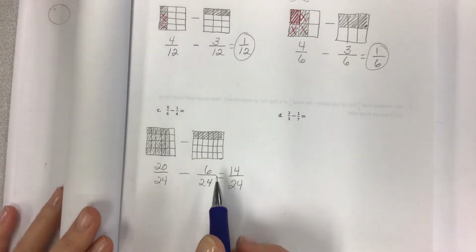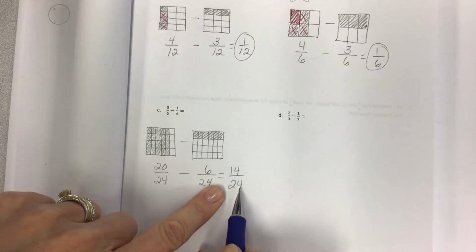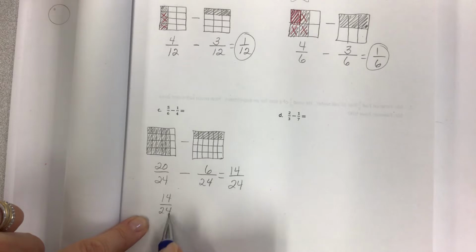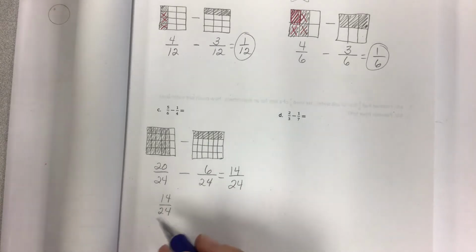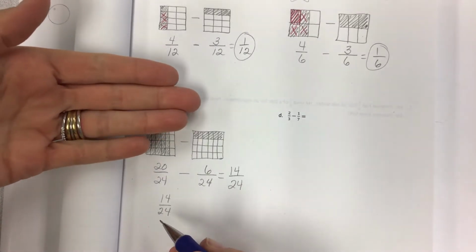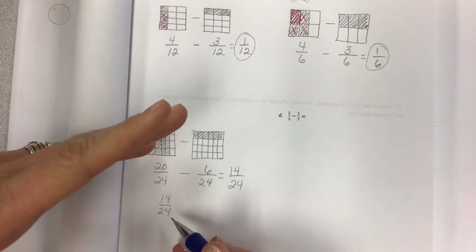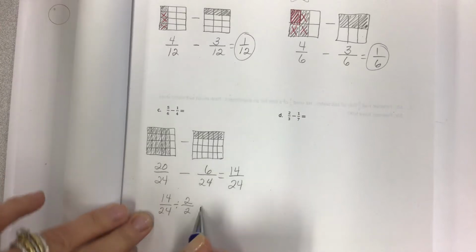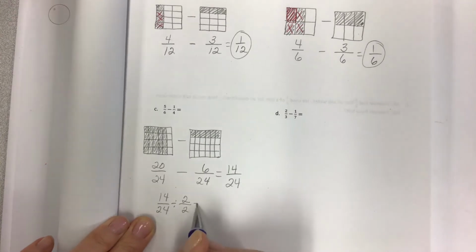So this is the watch out for simplest form, because this is not simplest form. So if I have 14 24ths, remember, I have Miss Setness's rules of simplifying. And rule 1 is to look for when a fraction has the number that's doubled on the bottom. So it's like a times 2. Those are always equal to a half. This one is rule 2. Everything that is even is divisible by 2. So I could take this down